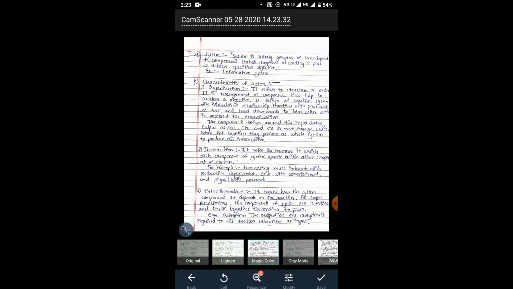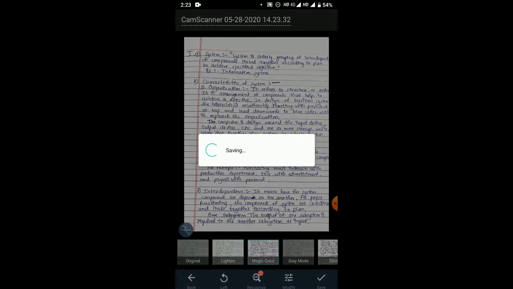Your hand should be still while scanning an image. You can select an area, define what is to be scanned. Here you can see next is getting highlighted. We'll click on next. See here the one image is scanned successfully. Now you click on save. So one image, or one page, has been added to CamScanner.